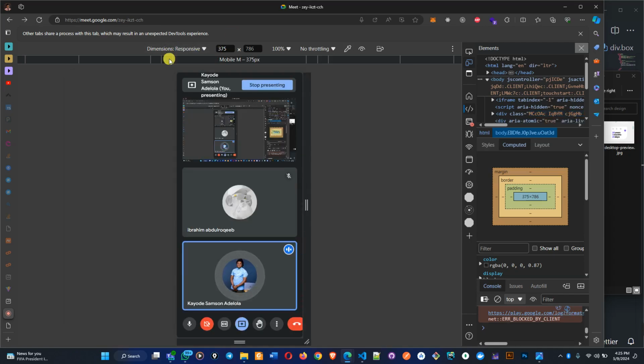This is what we call responsive design. This is not a separate site, it's still the same site, but the styling there is changing based on the screen size that you are currently working on. So this is what I'm using right now is what we call the